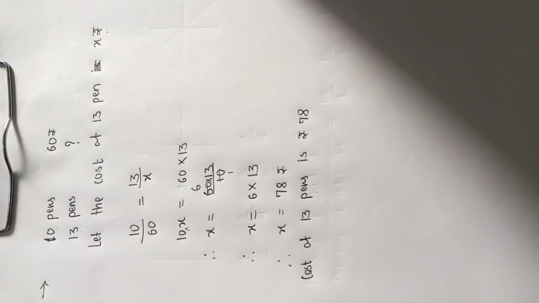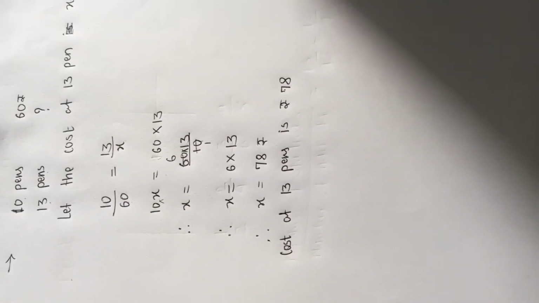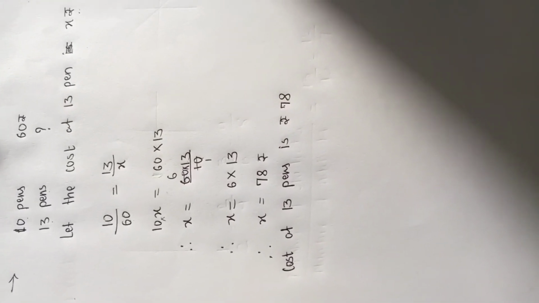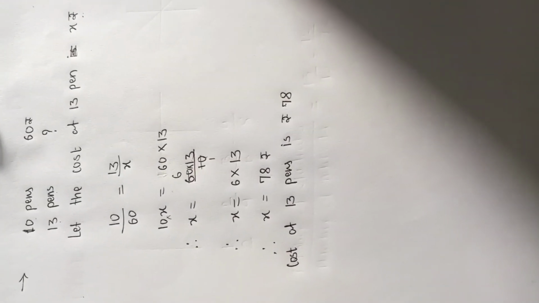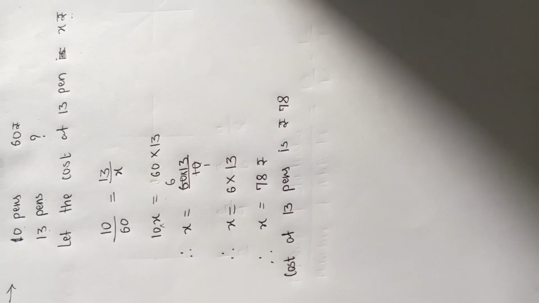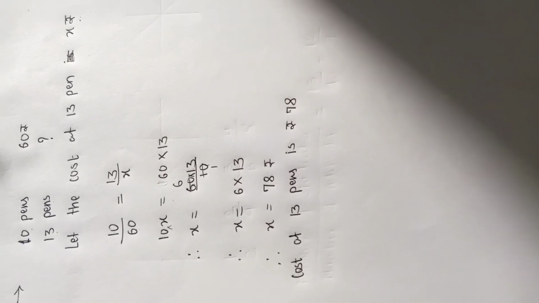Okay. I know very well you understood whatever I taught today in this session. With the help of this example, you can solve examples from practice set 37 also. All examples are based on direct proportion. And you can recognize an example of direct proportion also. If one thing increases, the second thing also increases. That is an example of direct proportion, or if it decreases.